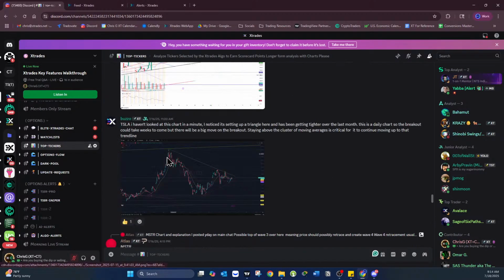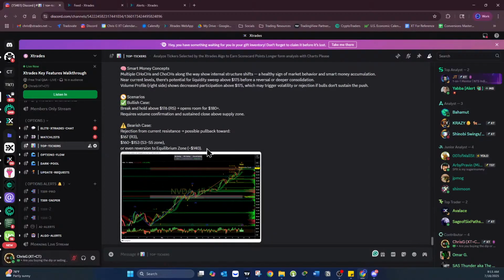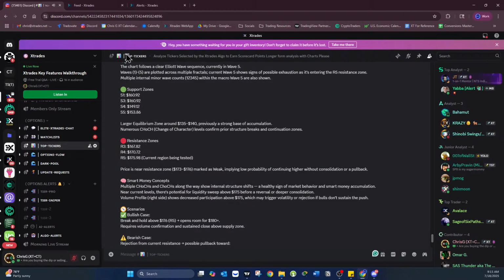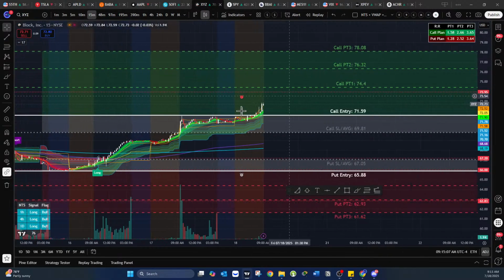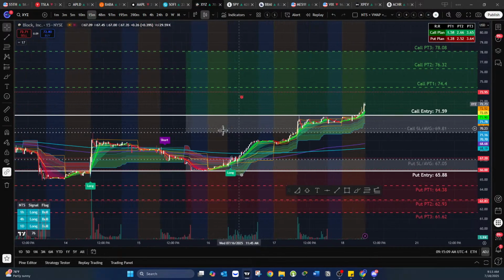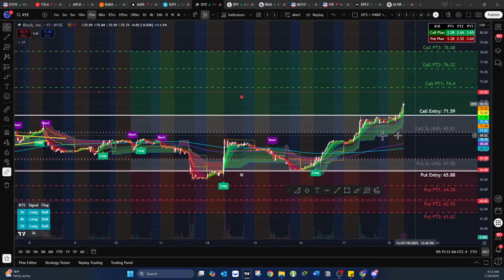Right? Remember, guys, realistically, not every single trade is going to be a winner. You could have the most perfect setup in the world and it might fail. This is actually a good example. XYZ, we had a trade plan on it a couple weeks ago, and the trade plan failed. It actually went to the downside. It looked like it was going to break down pretty hard, and it bounced literally right at that put entry twice. And then we started to go right back up.